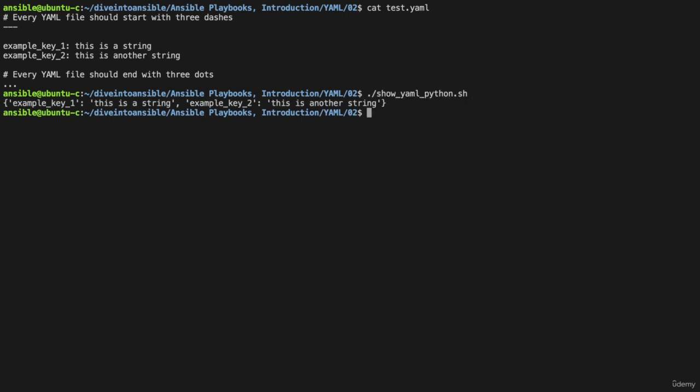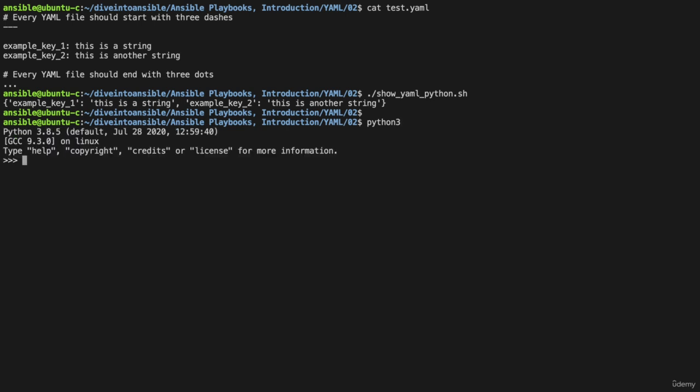We can see that we have two keys with different values. Looking at the output, Python is treating these as a dictionary. We know this because of the curly brackets at the start and the end. For those not familiar with dictionaries in Python, as the name implies, a dictionary allows you to look up a value by the key. So, using this in Python,